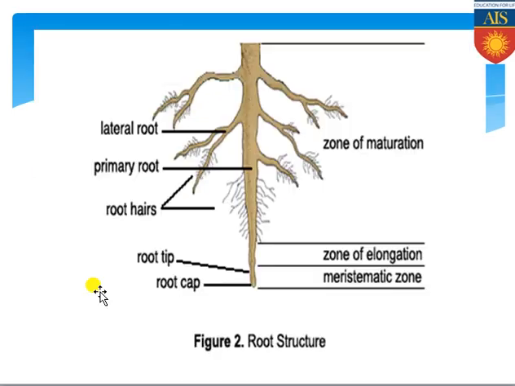In the next slide we can see the entire structure of the root. There is a centrally located, thicker root which penetrates the soil straight and moves downward. This is commonly known as the primary root. The roots coming from the lateral surface of the primary root are known as secondary roots. Secondary roots again branch, and those are commonly known as tertiary roots. From the tertiary roots you can see many small rootlets or root hairs have arisen.